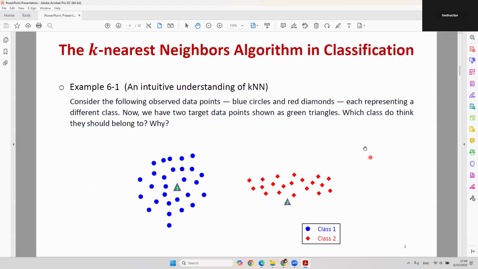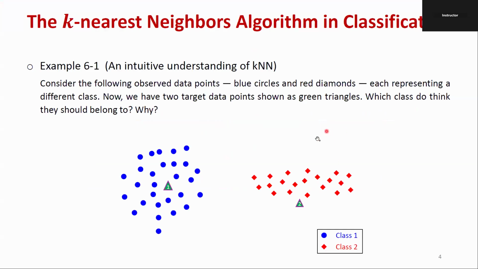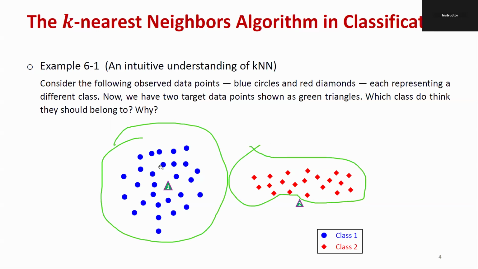Let me first give you an intuitive example of KNN. You will understand what it is. It's actually super intuitive, super simple, but very powerful. So consider these observed data. To make my life easier, I just use different colors: blue circles and red diamonds. Let me just use the pen. Those blue